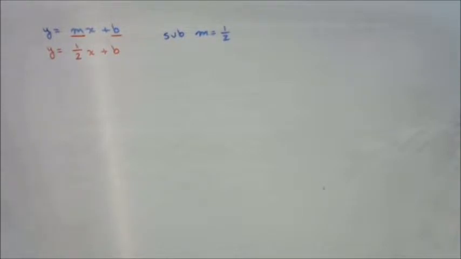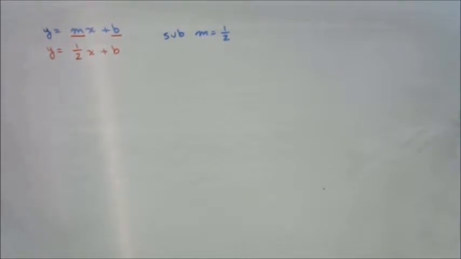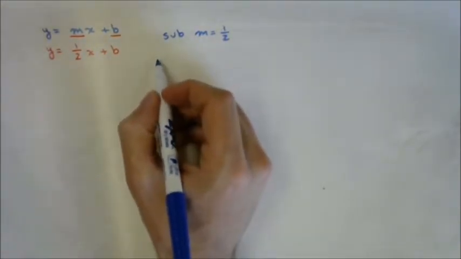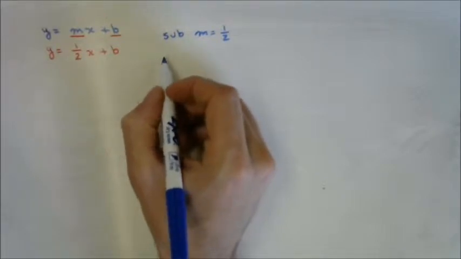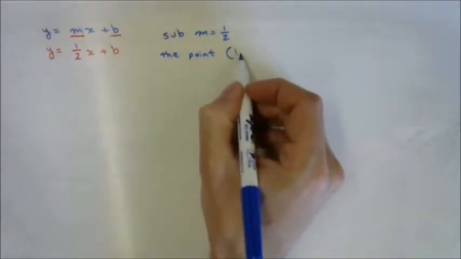Now, do I know what b is? No. You don't. B is the y-intercept. Do they give me the y-intercept? No. The y-intercept is the value of y when x is 0. I don't have that. I have the value of y when x is 1, right? So I actually don't have the y-intercept, but I do have, and let's make a little note here, the point 1, 5